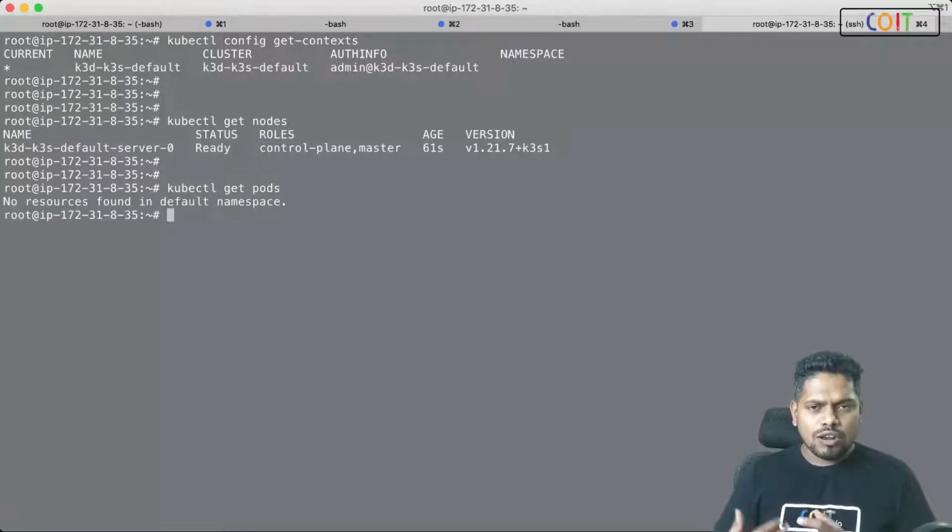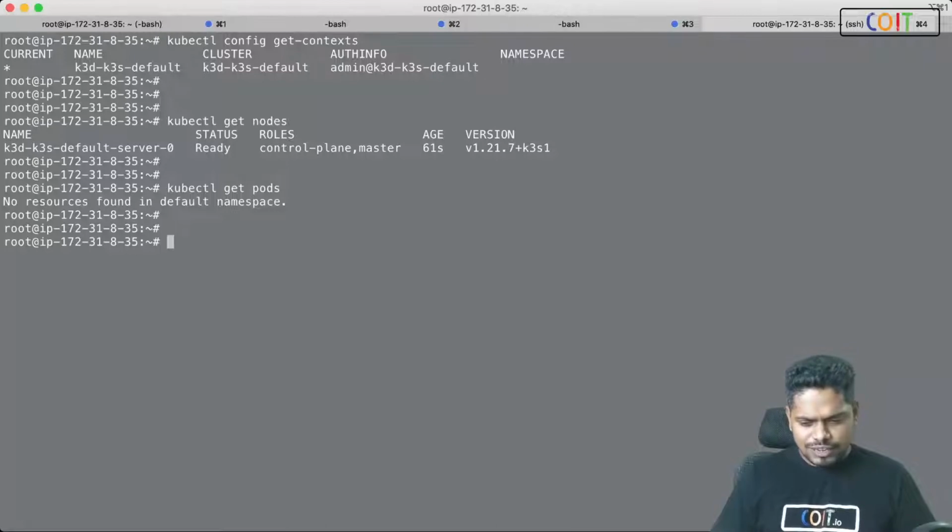I can see all the pods. Right now there are no pods running inside the cluster, that's why it's empty, but if I want, yes, I can create them. If I have a pod manifest, let me create some simple pod inside this cluster. What I will do is I'll just